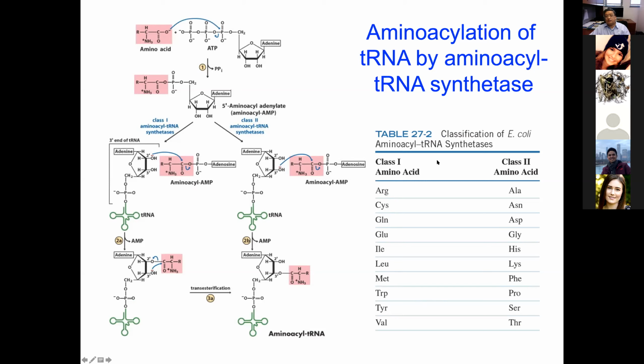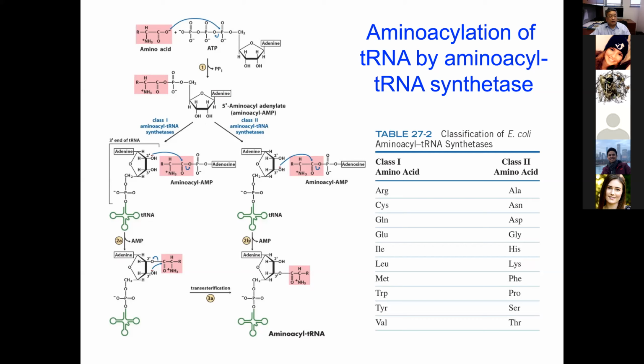And so here is what happens in the reaction between tRNA and the amino acid. In the first step, the amino acid actually reacts with adenylate triphosphate, ATP. You see, the amino acid is now coupled to the alpha phosphate of the adenylate. And then this amino acid adenylate will bind to the enzyme, amino acid tRNA synthetase. And so the enzyme will bind to a certain tRNA, and then it will catalyze the reaction.